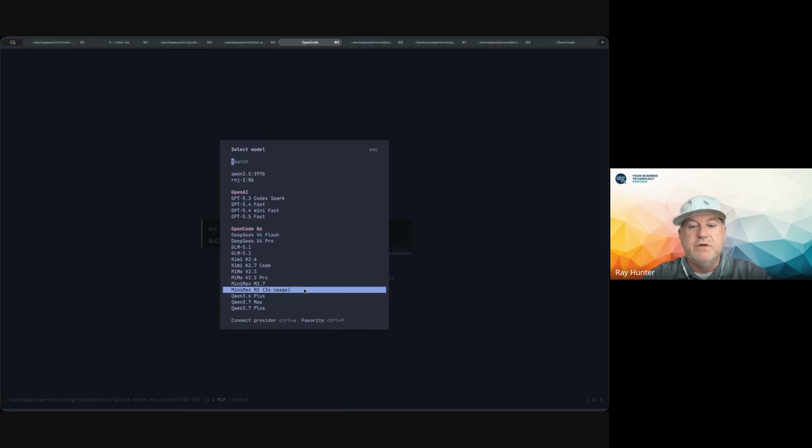And sometimes it will give you information like for this particular model, it has 3 times the usage. So if I use it, it's 3 times as much as the other ones. And the reason is this is a brand new model that was released this week or last week. I can't remember. So just FYI. And then you can favorite some of your models so that they appear at the top.